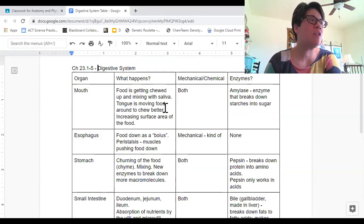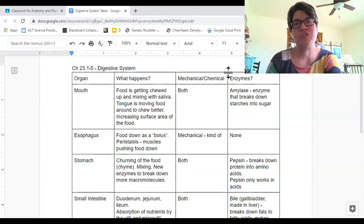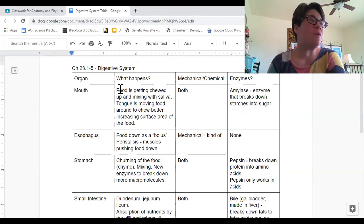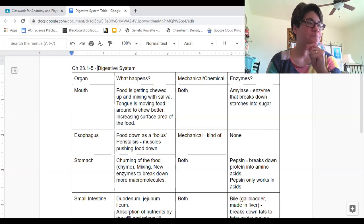So first column here, I have what happens, and then is it chemical or mechanical digestion, and what enzymes. So for the mouth, what's happening here is that the food is getting chewed up and it's mixing with saliva, and then the tongue is moving it around